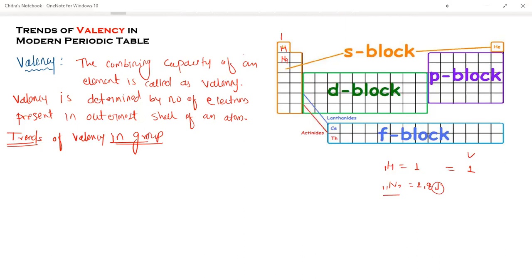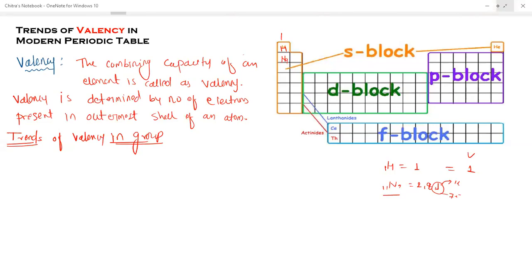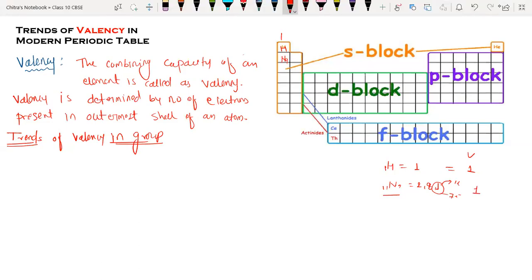So now sodium has two options: it can lose 1 electron or gain 7 electrons. What is going to be easy for sodium, to lose 1 electron or to gain 7 electrons? To lose 1 electron. Yes, so its valency is again 1. Now we will discuss potassium, having atomic number 19. Its electronic configuration will be 2, 8, 8 and 1. So again its valency is 1.